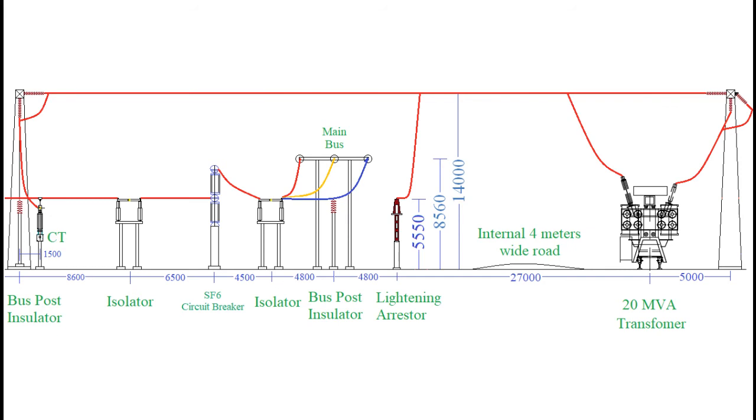Now the side view that we see shows the 14 meters high 132 kV bus that connects the primary side of 20 MVA transformers. The 4 meters wide road that passes below the 132 kV bus could be seen from this side view. Note the connection difference between two towers. At the top of one tower on the left, a jumper is provided, but at the other pole, the 33 kV side of the transformer is lifted up to 14 meters height.